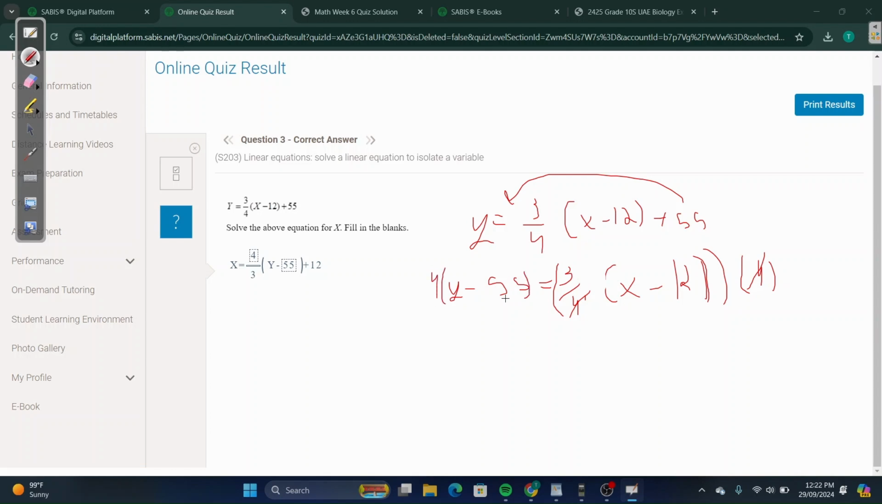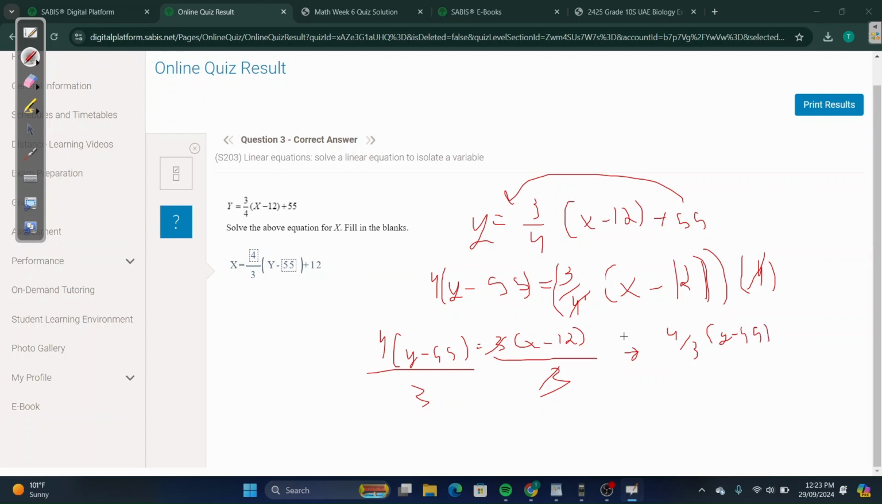which you don't need right now because they didn't ask you to fully expand. So what you have right now is 4 times y minus 55 equals 3x minus 12. Okay. Now, again, you want to isolate x. So your next step, logically, would be dividing by 3 on both sides. So this 3 cancels with the 3 up, and this will give you 4 over 3 times y minus 55